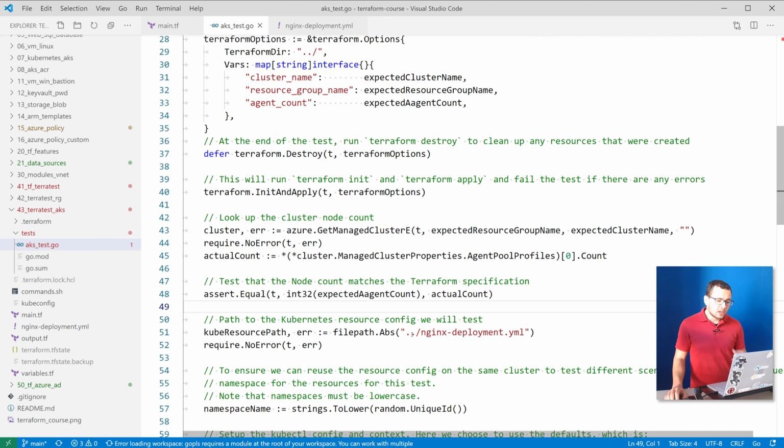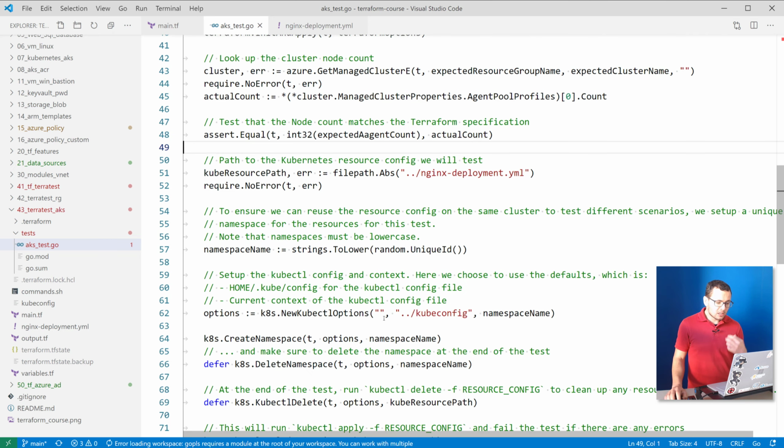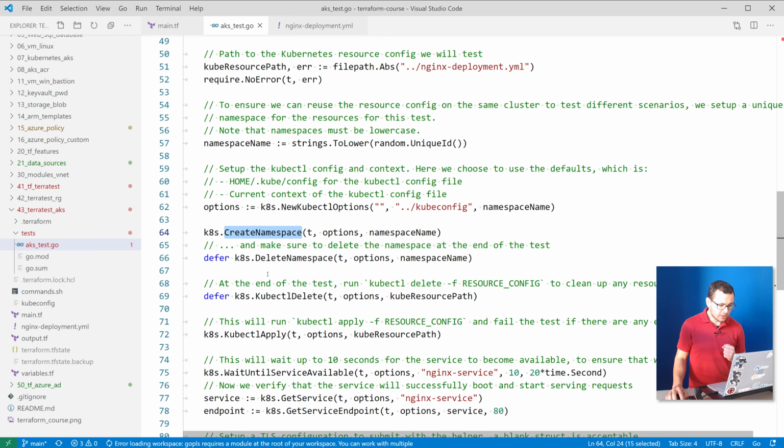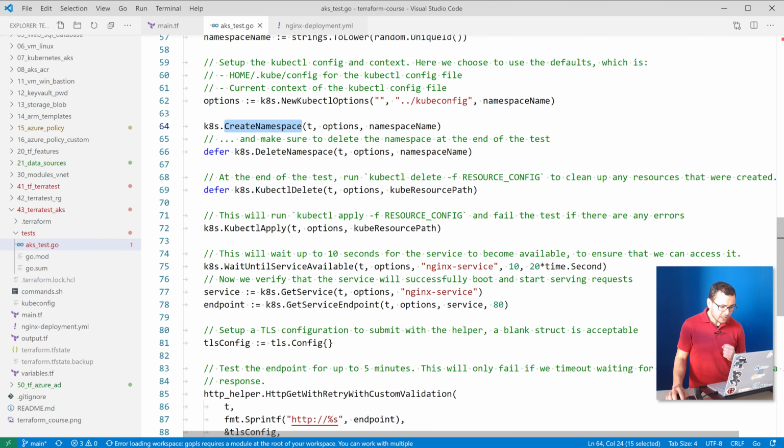So for that, I can create an HTTP request to check for that service. That service will be created into a namespace here where I am creating the namespace, and just before the end, we will run the command kubectl apply. Kubectl is the command line for deploying applications inside Kubernetes. So I'll deploy my application that is described inside that YAML file, and then I'll check for the availability of my service. I'll wait until it's available, and note here how we are using the libraries created by the TerraTest development team itself.